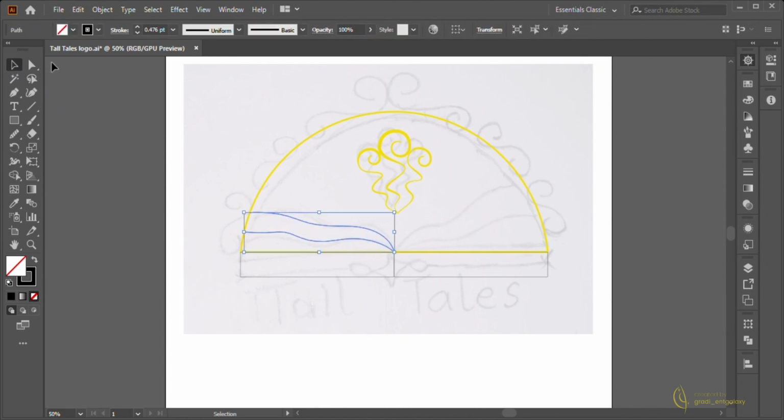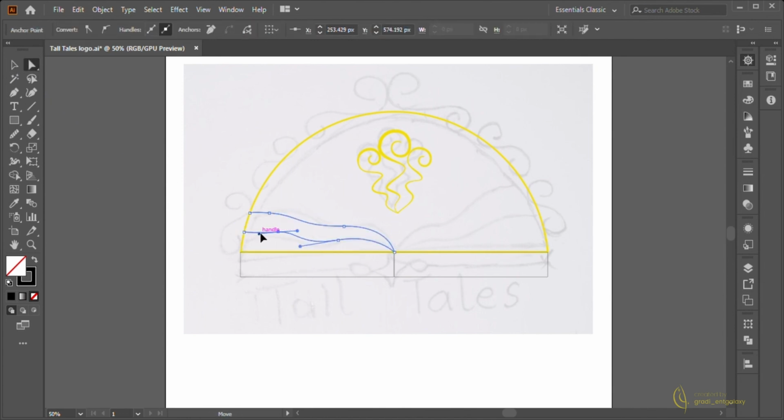I'm making that shape by using the pen tool, and now I'm taking a copy of that,